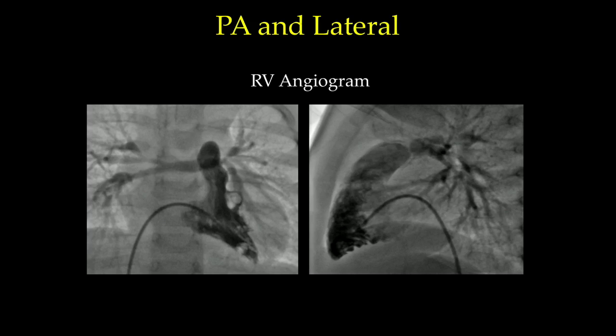And that's why when you look at the straight lateral, the pulmonary valve looks perfect here. I mean, you can really tell the anatomy of the pulmonary valve and get a good annular measurement. But you can't when you're looking this way because you're basically looking down the barrel of it. And you can confirm that by looking at the lateral. If the PA camera is looking in this direction, then you're looking down the barrel of the pulmonary valve. So if you want to go perpendicular to it,